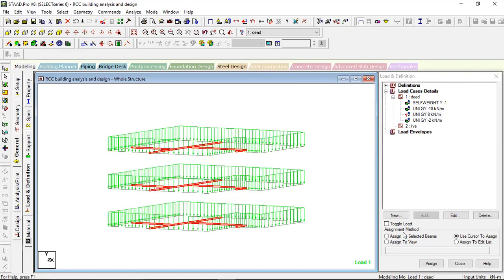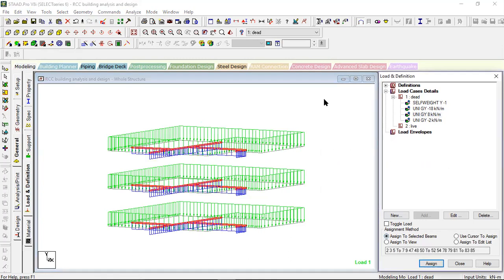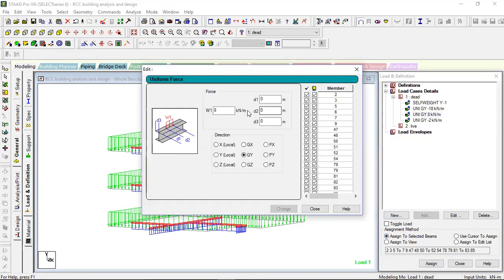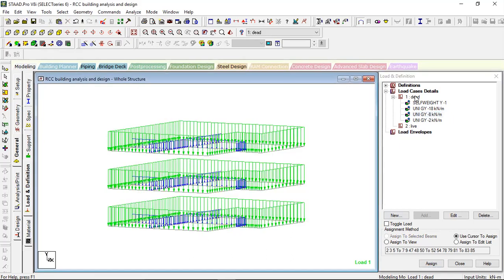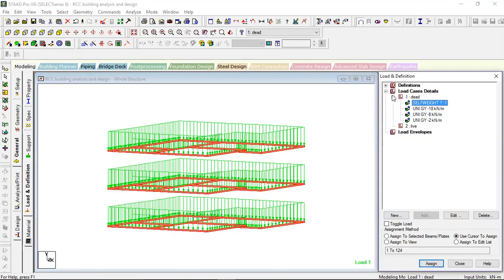Now I will apply and assign to selected beams and then assign. Yes, the sign is positive, we should make it negative so that it acts in the downward direction. Change, close. So now all the loads are assigned in dead load.